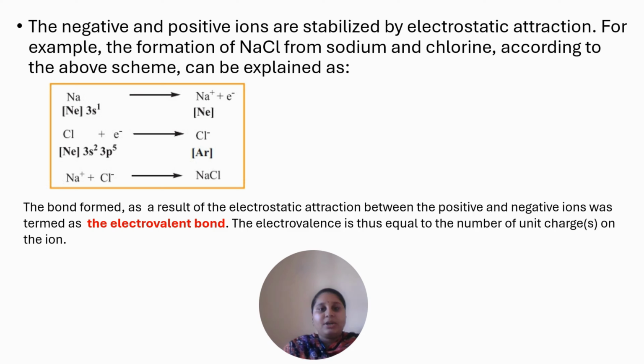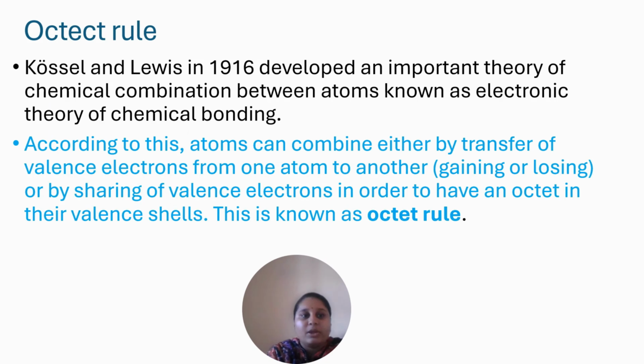So the next topic is the Lewis representation of simple molecules. The Lewis dot structure provides a picture of bonding in molecules and ions in terms of shared pairs of electrons and the octet rule. The number of shared electrons and the octet rule required for writing these structures are obtained by adding the valence electrons of the combining atoms.